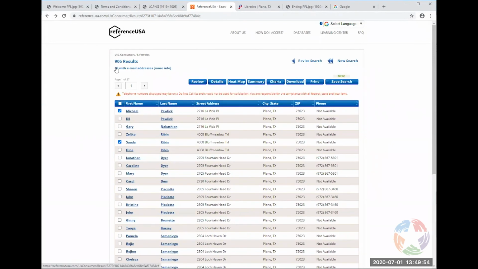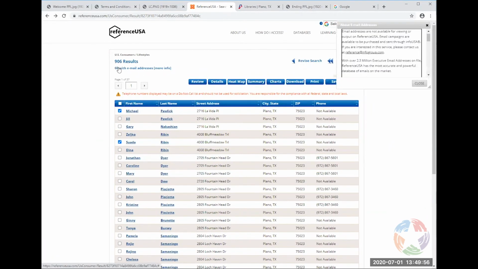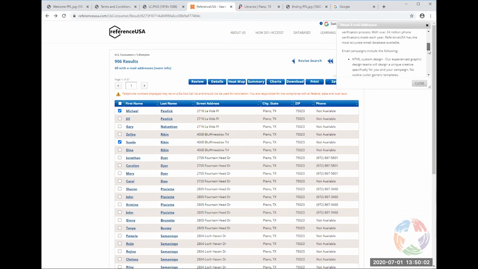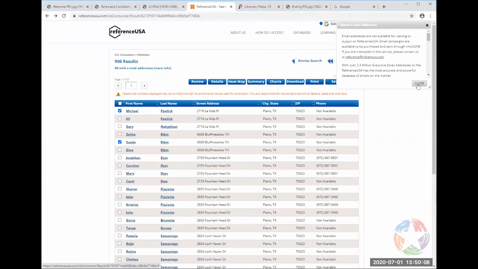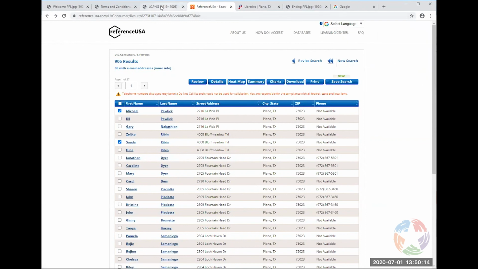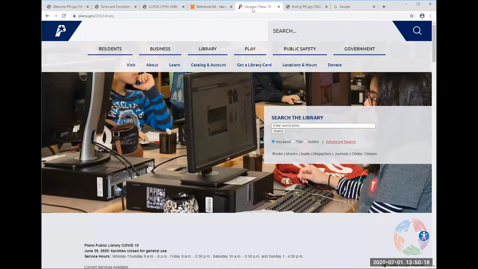If you click on the little ad there, it tells you there's an email address, reference@infogroup.com, and they can tell you more about their website and how to get more information directly from them. There is a price in that case. I don't know how much they charge. Okay. And then Meredith is also telling you their contact information.